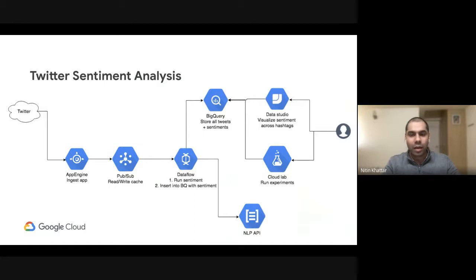Now we'll look at Data Studio, which is going to form the next part of it: how do you visualize those things? How do you create the reports out of that? So now we are going to the last stages of the entire pipeline, where we are looking at how you analyze the data. We'll be looking first at Data Studio, and then in the next session, we'll also talk about how you can analyze using notebooks, from a data science and exploratory analysis standpoint.